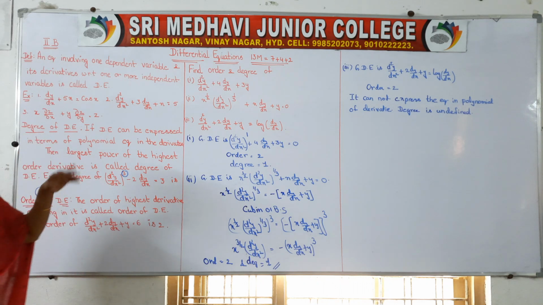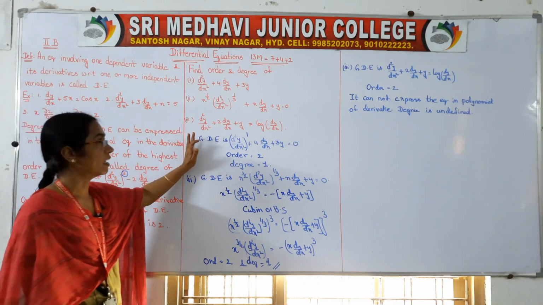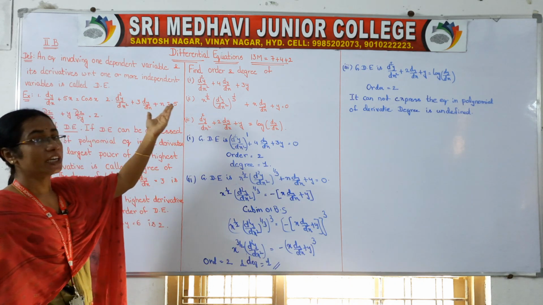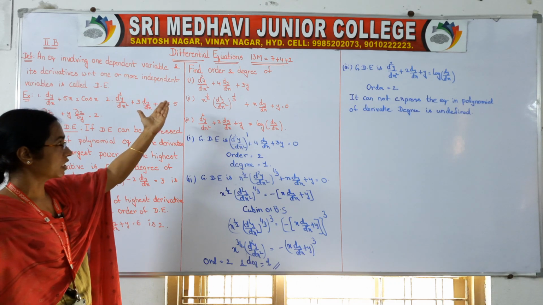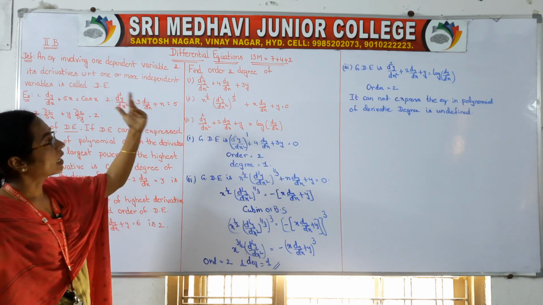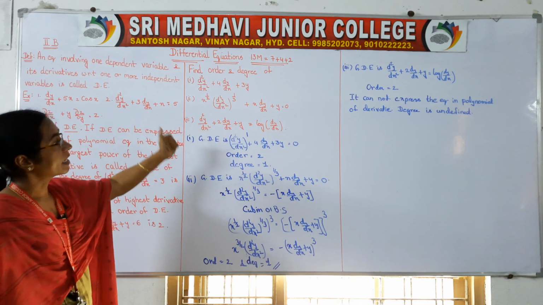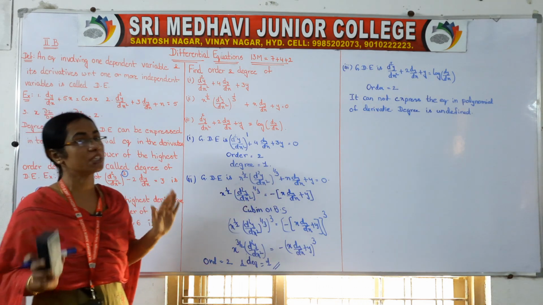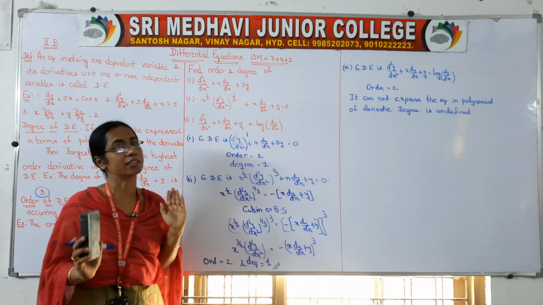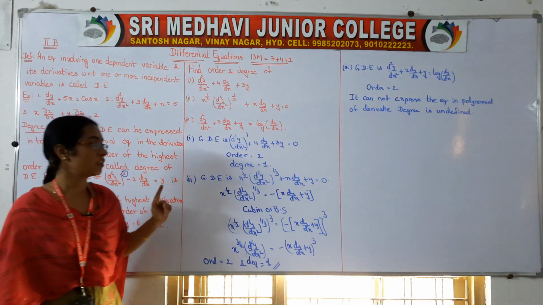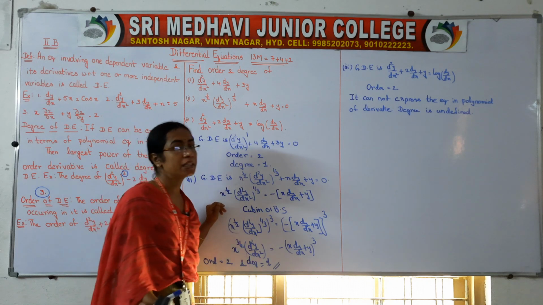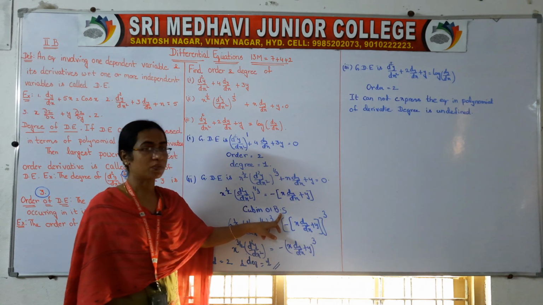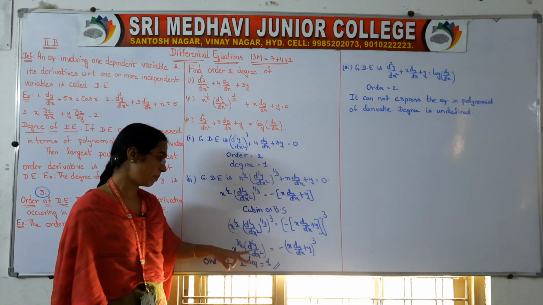Okay, after that we did 3 problems. These are 2 marks problems. Find the order and degree of the equation. The first equation is very simple. In the highest order term, the maximum number of times y is differentiated is 2, so its order is 2, and its power is 1, so degree is 1. In the next one, the power is 1 by 3. Polynomial equation means the powers should be simple powers like 2, 3, 5, 6. Suppose powers are 1 by 2 or 1 by 3, we have to cancel them. That's why we took cubing on both sides. After that you get your simple equation.